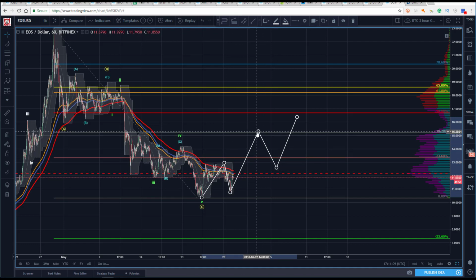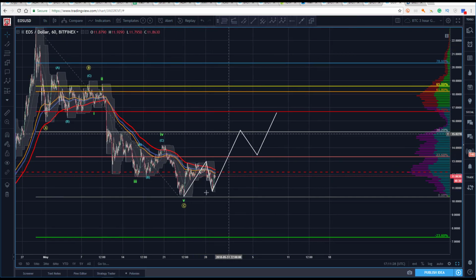Now, if we get an impulse here, well, then we know we've got a good 1, 2 going potentially into a third, right? You can't be definitive about a 3 because if this is an impulse, it looks exactly the same as an ABC. You have to wait for the 4-5 to confirm that you've got an impulse, or even a motive wave. So if we go here 1, 2, and then we get an impulse here, at that point you can't be clear whether you've got a third wave or a C wave going in.